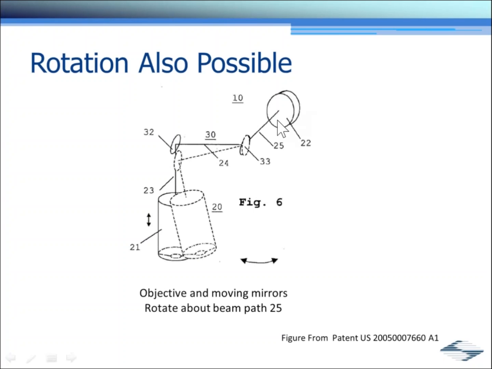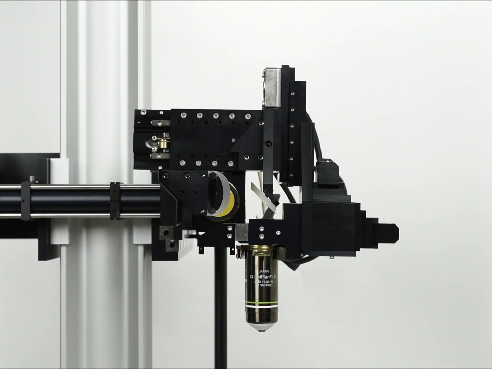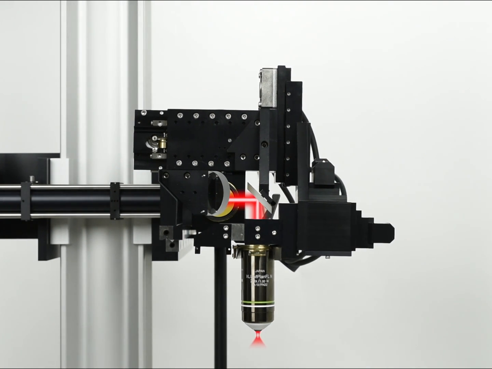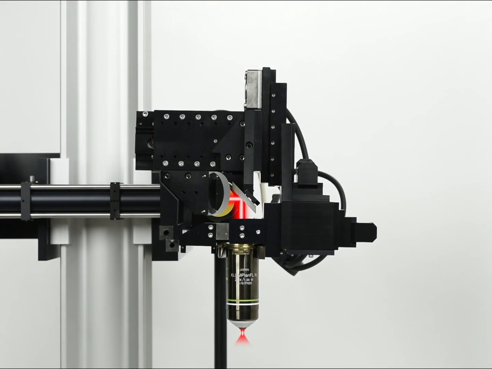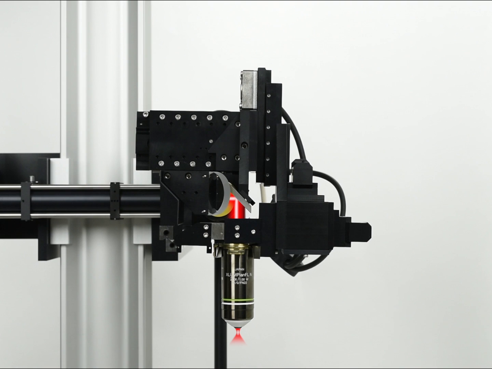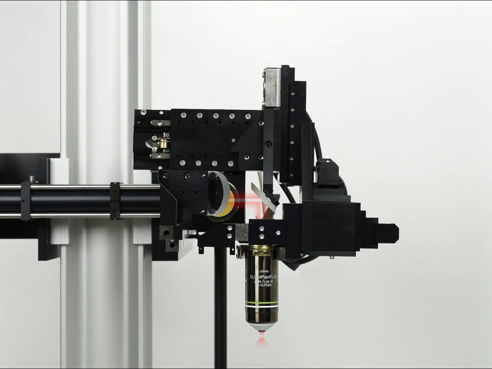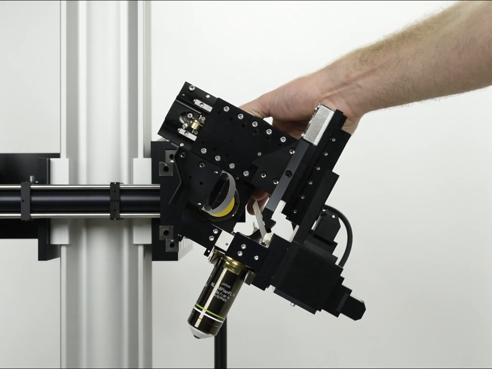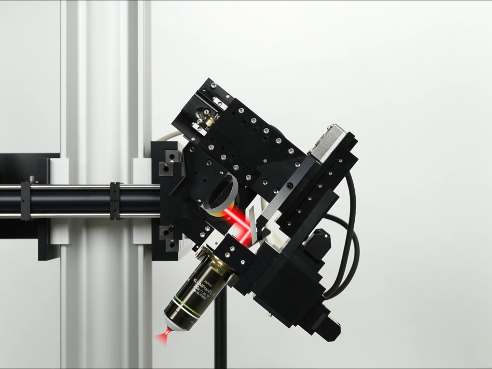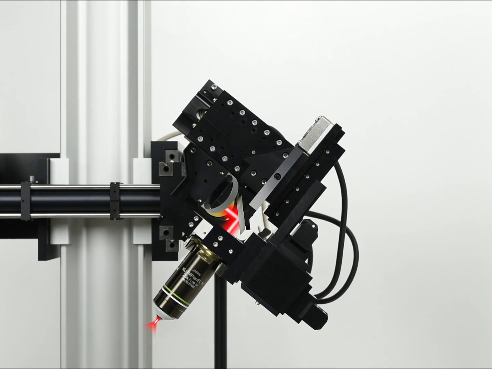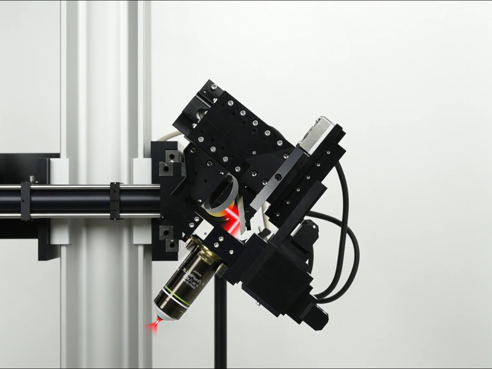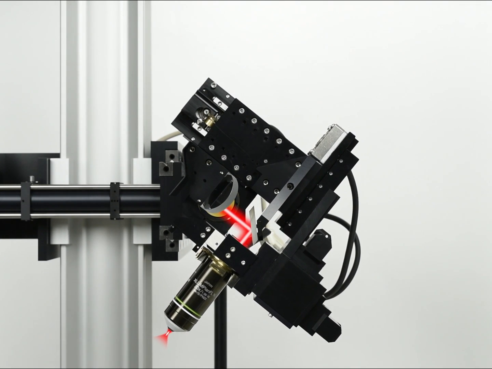One of the nifty things about this design, as we can see in the patent, is that rotation is also possible around the optical axis. So what does that all look like? This is a video of the actual microscope head, and I'd like to show you so you can imagine how this works. Now we see the microscope is translating in X right now, just to give you an idea of how this operates. But as I mentioned, rotation is also possible around the optical axis, and this allows for imaging surfaces non-orthogonal to the microscope, to the table surface, for example.